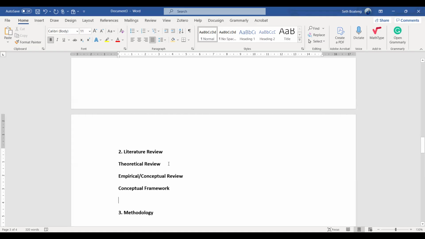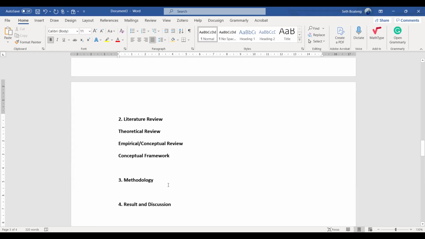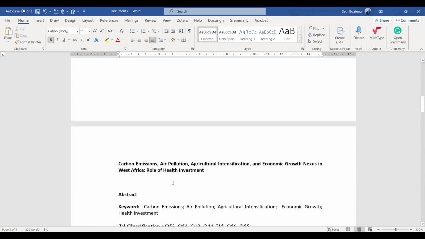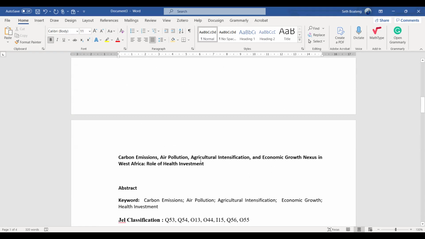So the theoretical review is very important to your study. You have to explain the theories. So maybe this study, carbon emission, air pollution, agricultural intensification and economic growth. I need to look for the theories that we used for this study.